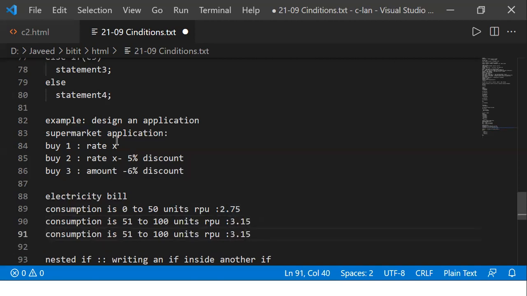Understood? Generally whenever the consumption is going to be more, then automatically the bill is going to increase for me. How is the bill increasing? Because of this kind of condition they have placed. If your consumption is between 0 to 50, what is the rate you are going to charge? And if it is between 51 to 100, what is the rate?